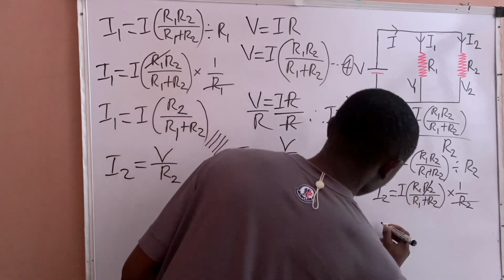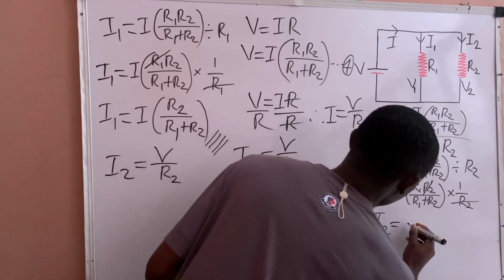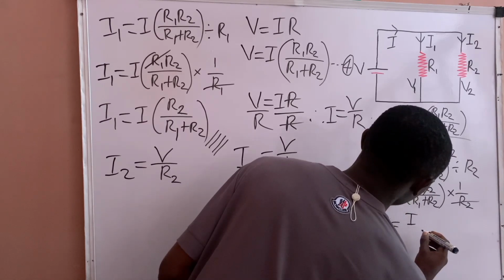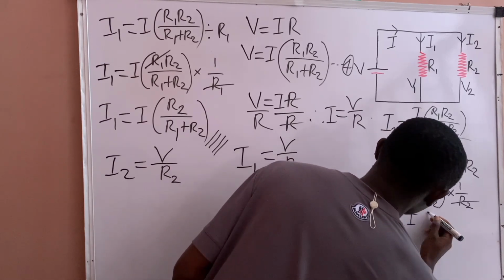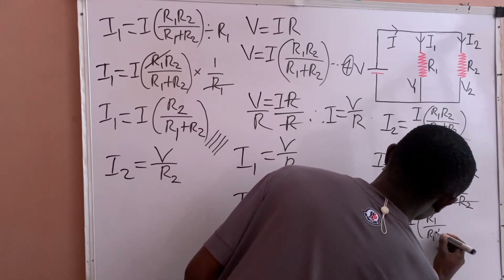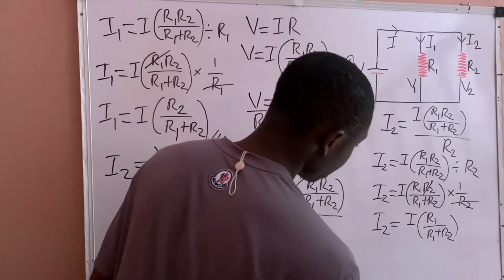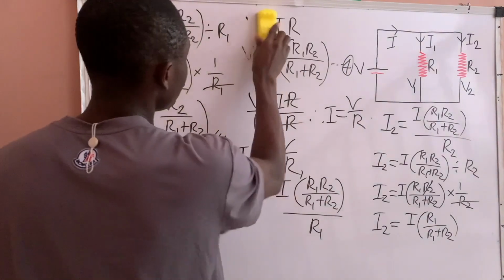So we will have that I2 equals what? I into bracket R1 over R1 plus R2, which is the same thing as, let me clean here,